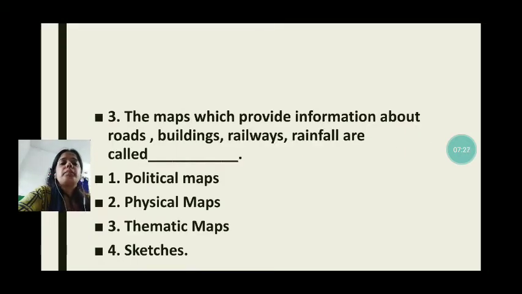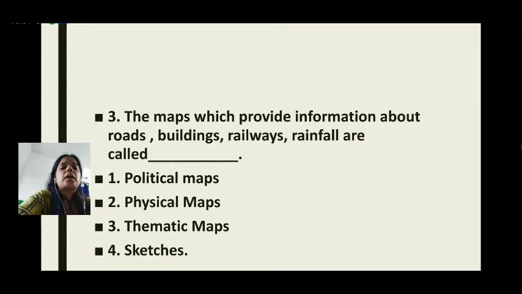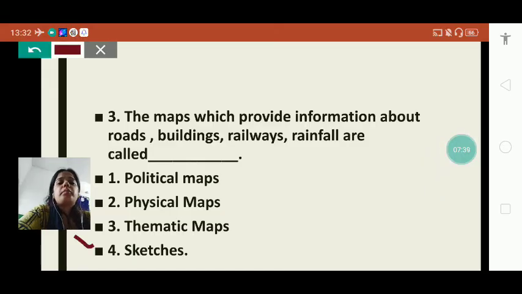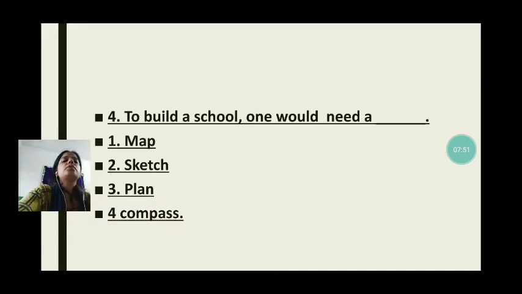Next, the maps which provide information about roads, buildings, railways, rainfall are called thematic maps. Thematic maps give us information about buildings, railways, rainfall, populations, etc.